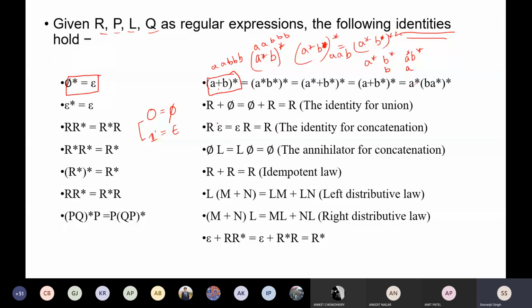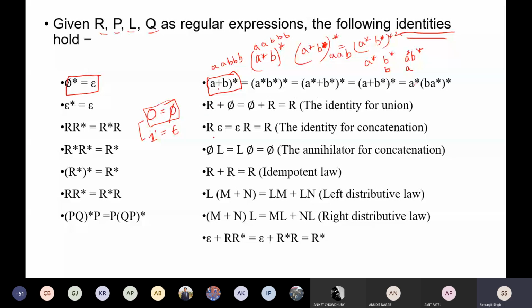Again, I just assigned these numbers so that you can easily remember this, but they are not exclusive. It is not that phi is equal to 0 in set theory. There is no formal explanation or expression related to that. I only told you this to help you remember these expressions, so it will be fairly easy.